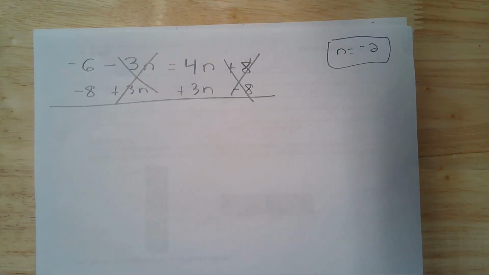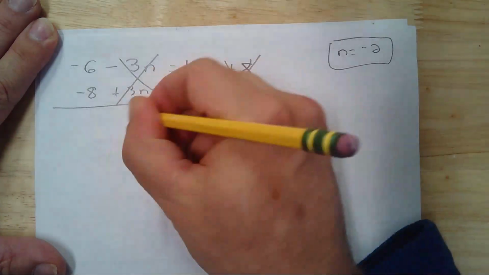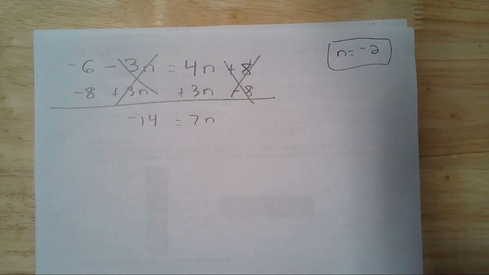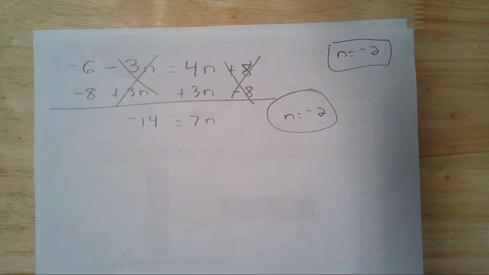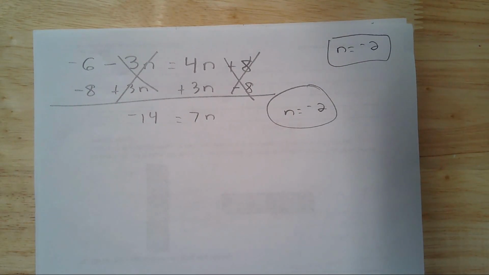And you'll be able to do that. I'm not saying you have to, but if you feel up for it, it can save you a step. Not forcing you to do it. You can write it and then solve, but either way, 7n equals negative 14, and n does equal negative 2, right? See how I did that? Two steps at once. Okay, let's try,